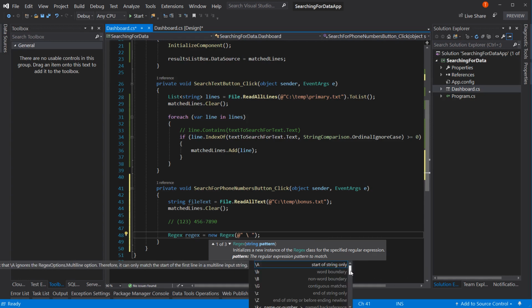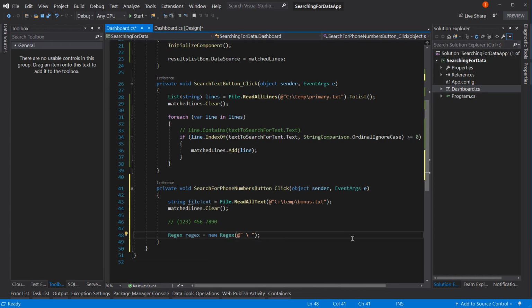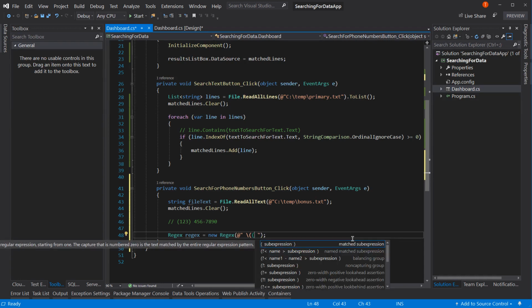This is something new in Visual Studio. They actually have help for our regular expressions, kind of telling us what the different parts of a regular expression are. That's kind of helpful. In this case, I'm going to escape a paren. So we have a paren, and then we have another paren, and this one defines that there's a